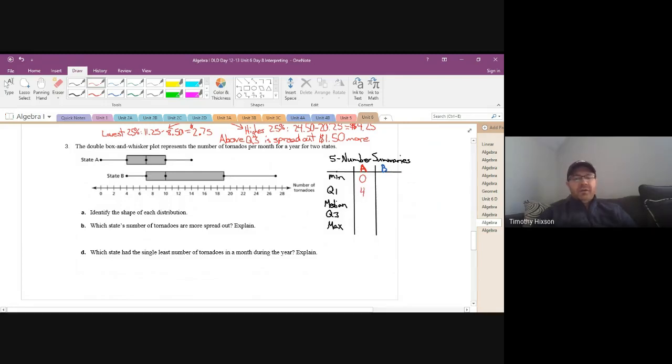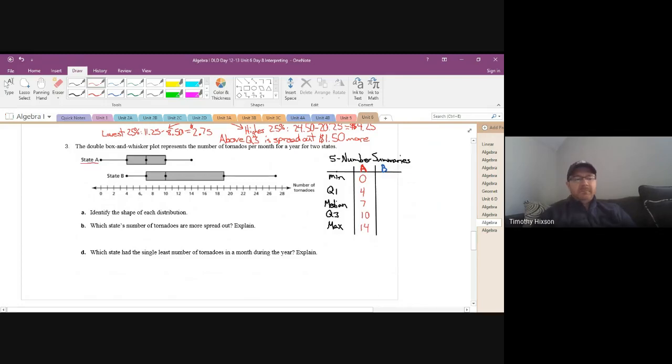So 25% of the months, or 3 months out of the year, it had between 0 and 4 tornadoes. Then the median was 7. Then Q3 is 10, the right side of that box, and the max is 14. So in 1 month, there actually were 14